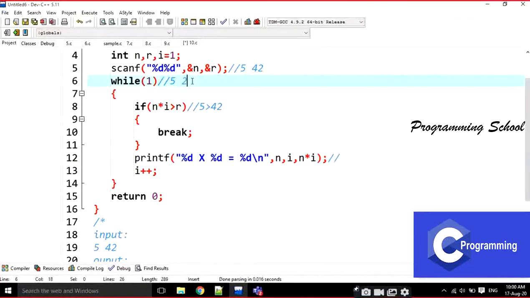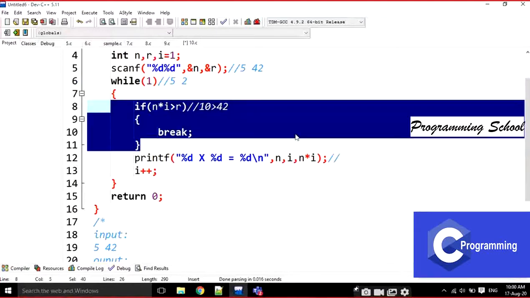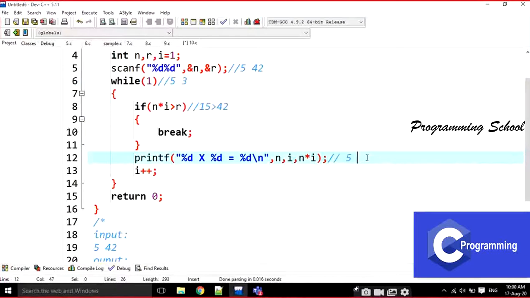Then i becomes 2. 5 2s are 10. It is again checking, is 10 greater than 42? No, it is not true. That means this is not executed. It is going to print 5 2s are 10 also. Then i becomes 3. Now it is 15. 15 is greater than 42? No. Then 5 3s are also printed. Then it is going to be 4 here. 5 4s are